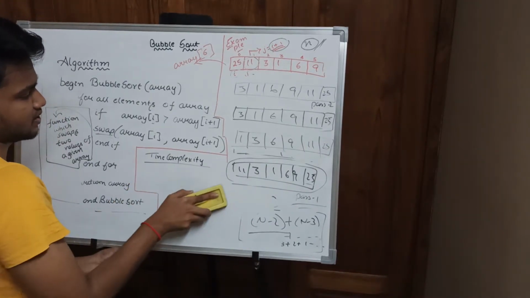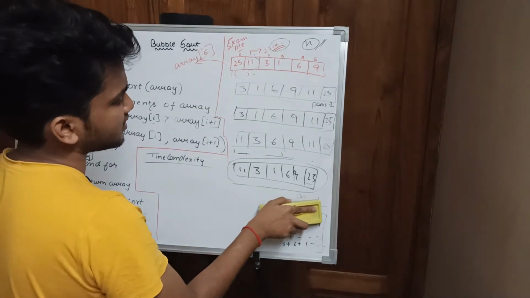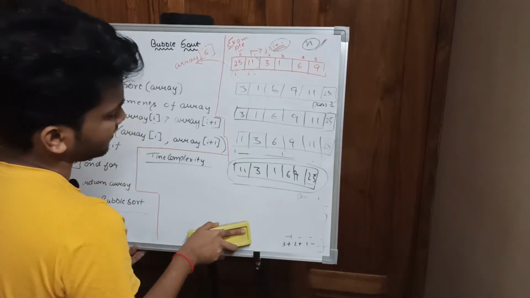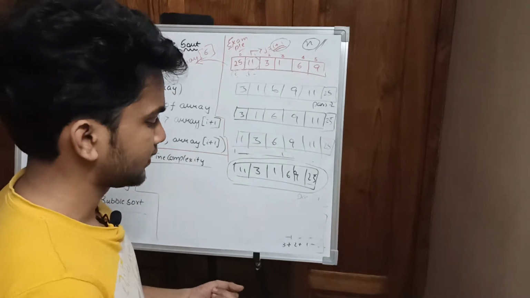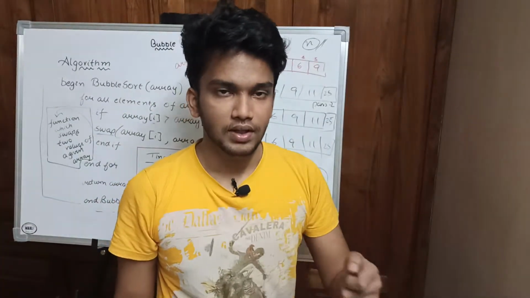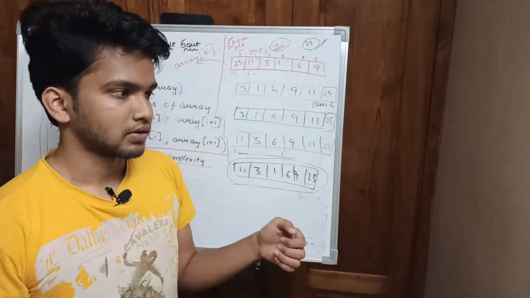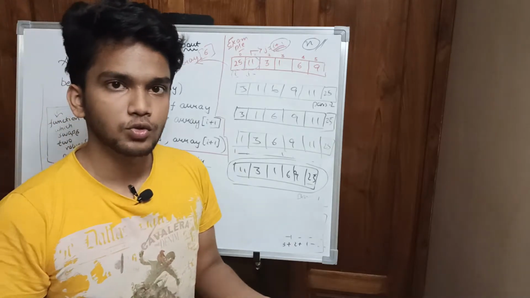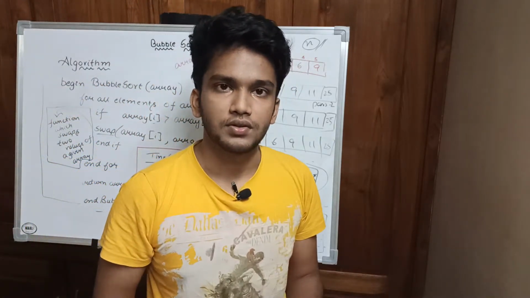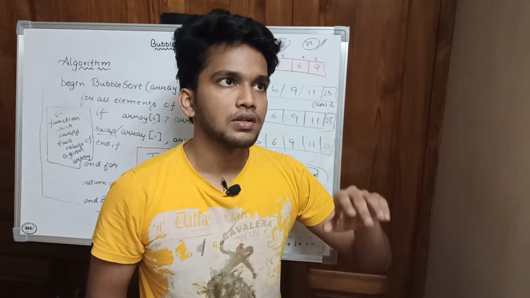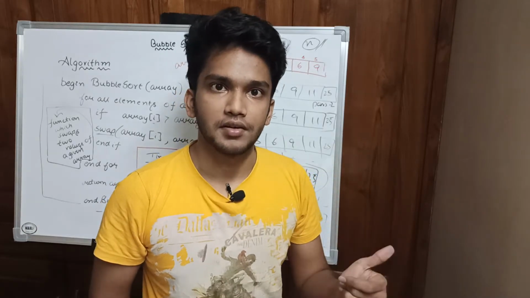So how can the best case be? How can you assume the best case is? Yesterday, in the previous video, I said that in bubble sort, the best case could be finding the element that you are searching for, okay, that is searching. If the array is sorted itself,